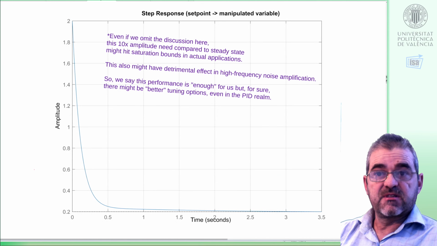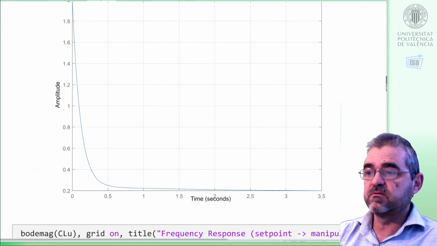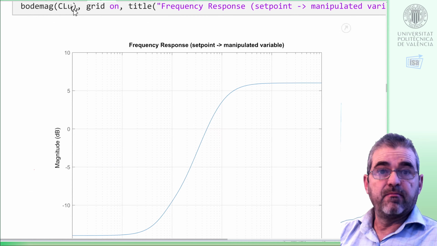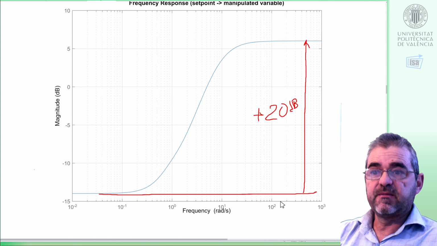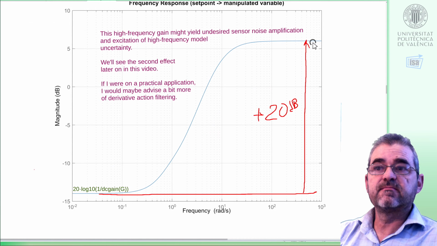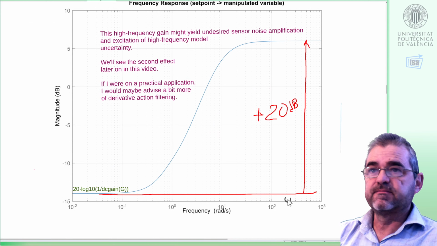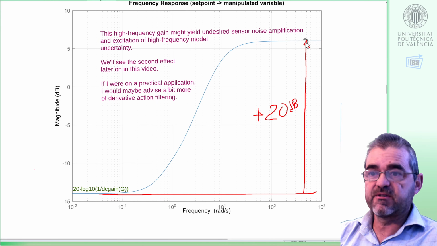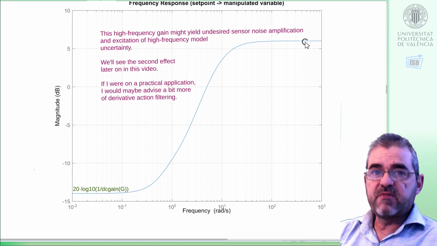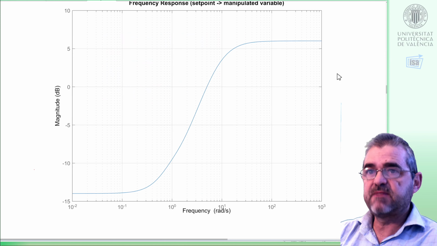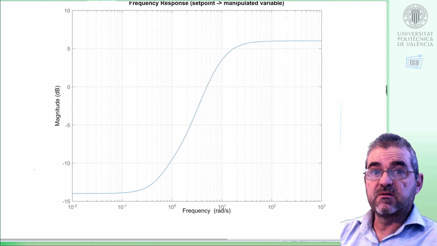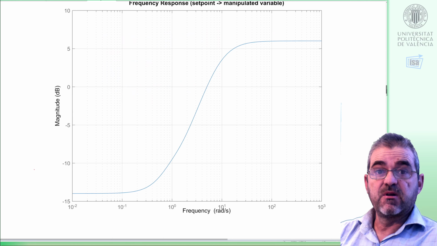we'll consider it satisfactory, and that boost can also be observed in the Bode magnitude plot, because we have the inverse of the gain here and the boost of 20 dBs from -14 to +6 at high frequency. Nevertheless, we are happy with this, if there is no high frequency noise to be amplified, in which case we might need to change this. But okay, we are happy. So regarding robustness, we can simulate the same closed loop functions, but instead of with the nominal